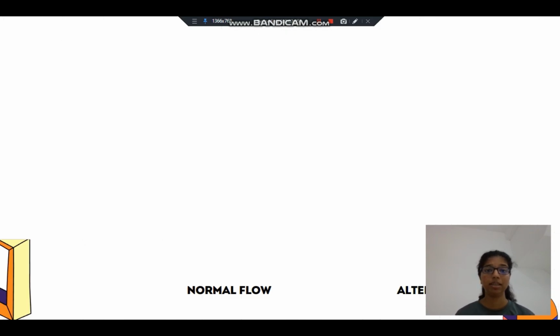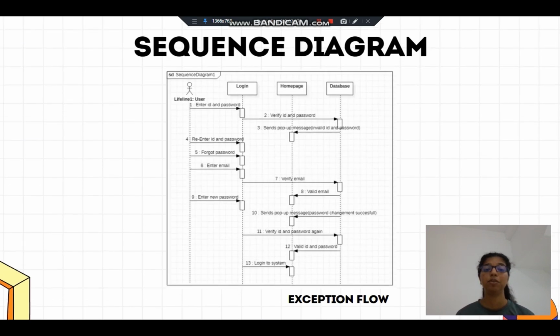So next is the sequence diagram for exception flow. For exception flow, firstly the user will enter the ID and password, and then the login will send a message to the database to verify the ID and password, and then the database will send a message back to the home page. It sends a pop-up message which states invalid ID and password, and then the user will re-enter the ID and password again, and then the user will click on forget password, and then the user will enter the email,